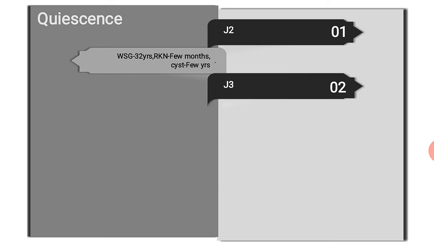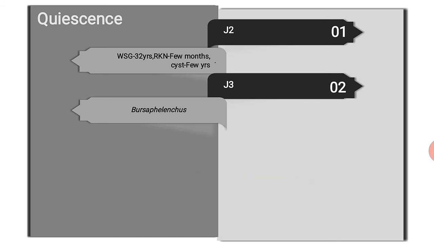Next stage, J3 stage. In J3 stage, Bursaphelenchus xylophilus, which is a severe pest damaging to the pine forest, undergoes quiescence. We know about dauer larva. The dauer larva remains motionless but reacts to certain touch and vibration. When it quiescents, it is a stress resistant condition where long-lived larval stages are adapted when the condition is unfavorable for the growth and reproduction. At J4 stages, it casts off its cuticle and regains its normal form, that is active form.